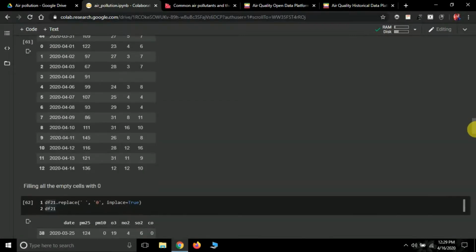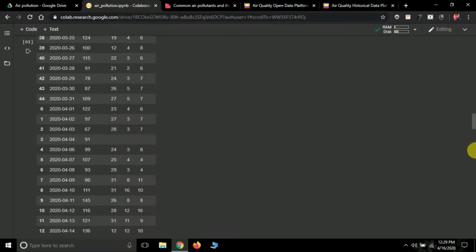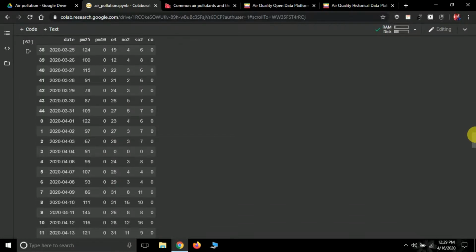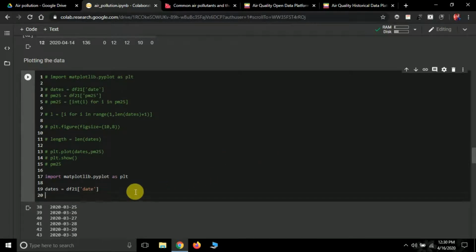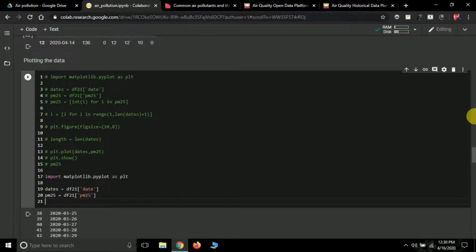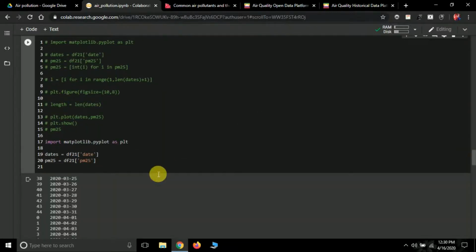Now what I'm going to do next is store all these things in a PM25 list. So let's see how we can do it. So PM25, see, PM25 is nothing, it's PM2.5. We cannot use a dot in a variable name. So just like we did earlier, pass the column name as PM25. Now again, all these things are strings, not integers, so we have to convert all these values to integers. So we are just going to apply list comprehension on it. So how can you do it?